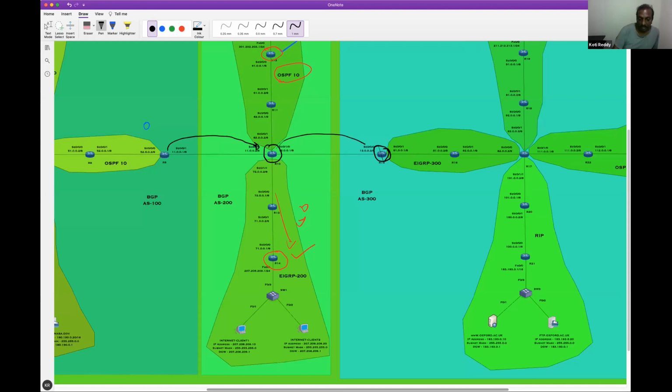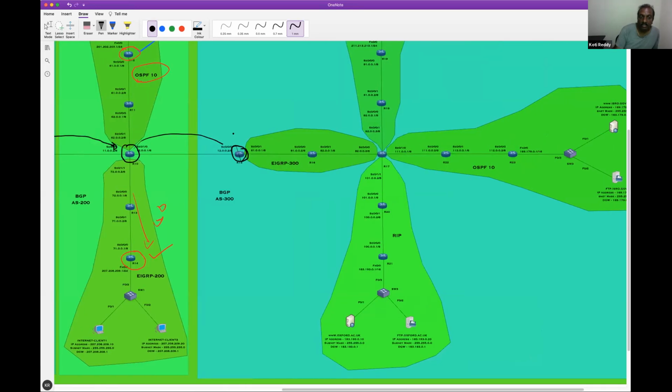So what should I do in R15? Again, if you see the diagram here, R15 is what? A border router. BGP routing, all these are BGP routes. But will they come to these routers here? No. Even on R16 these routes will not be there, right? So let us go to R16 and see these routes. I go to R16.